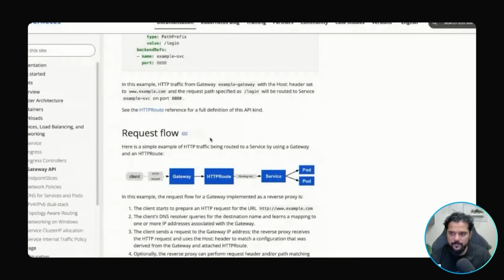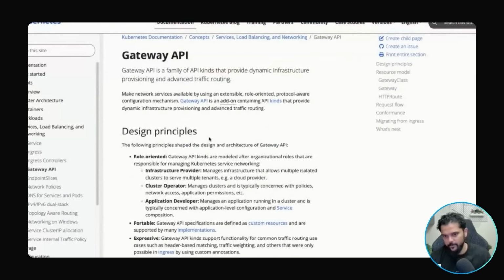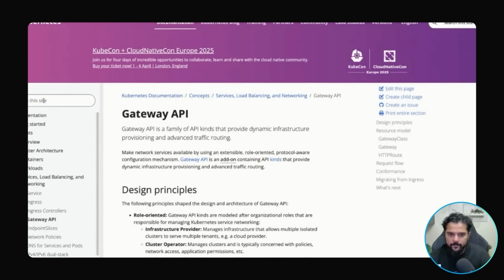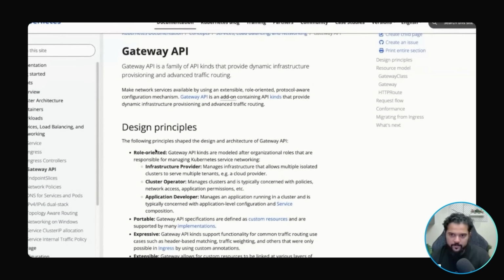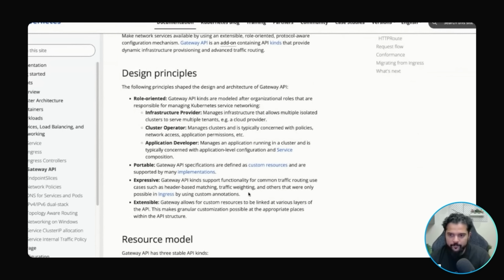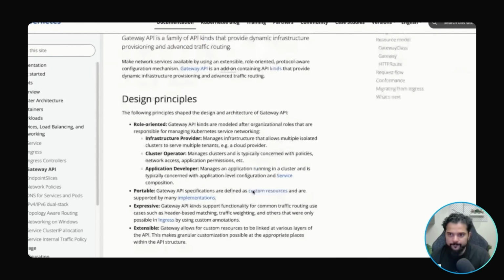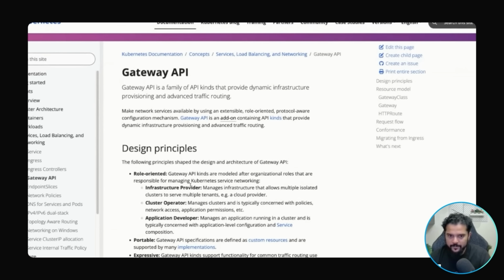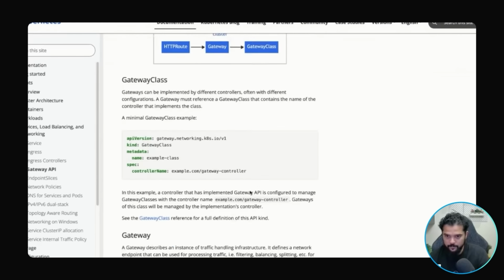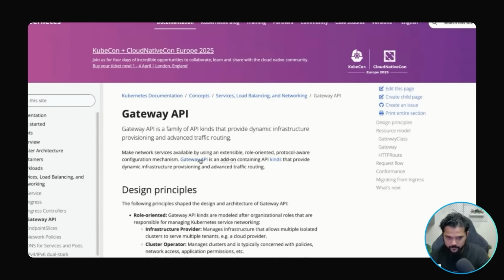So let us now look at some of the documentation, and I think this is very important before you start working on the labs or anything. First, if you go to the Kubernetes documentation pages and search for Gateway API, you get this link, and here you can see the different resources or documentation that's available. Note that within the Kubernetes documentation pages, you don't have very extensive documentation on Gateway API, right? Gateway API has its own documentation pages, and if you click on this link right here, it will take you to